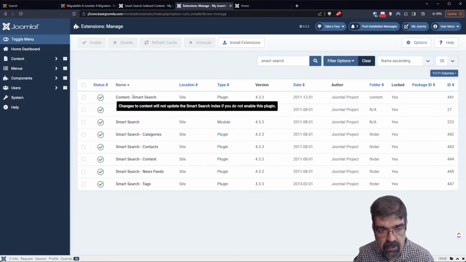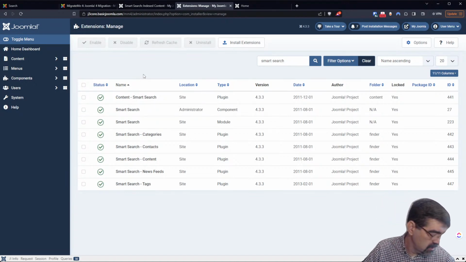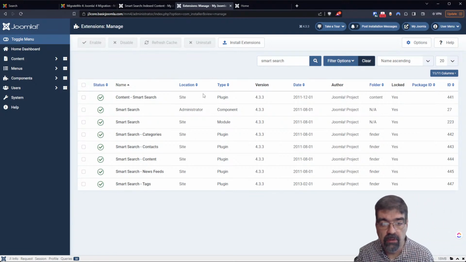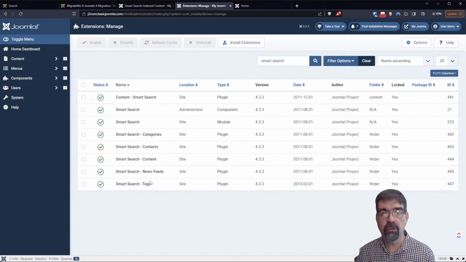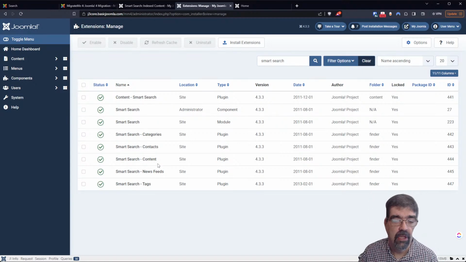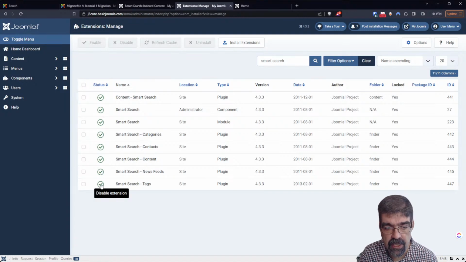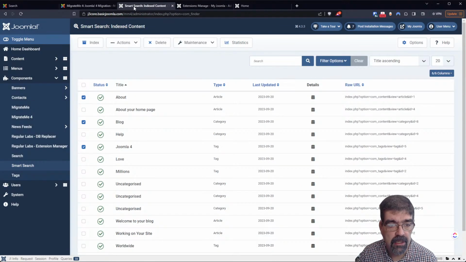We turned on the content smart search plugin, so things are indexed as we change the content. And then here's our module, and there's the component. But here's smart search categories, contacts, content, newsfeed, tags. So let's suppose you don't want your tags to be indexed for search. If we turn that off, like just unpublish that, and go back to the smart search,